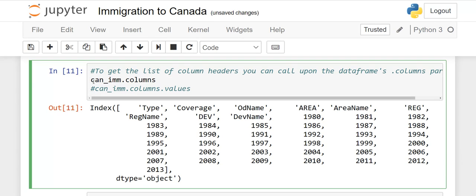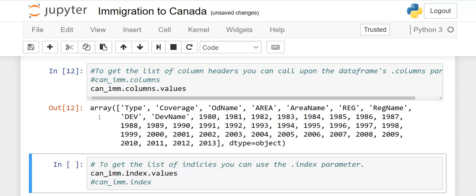But now if I add values, everything is the same, only dot values. So see, then we will compare the output. Keep in mind, here it is the index. When I run it, now it is an array. Now what is an array, what is an index, and where we have to use them, I will cover all in this course. So here this is the array and these are the names of our columns.